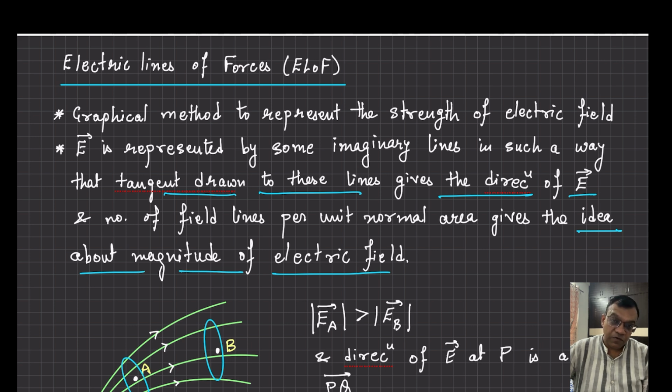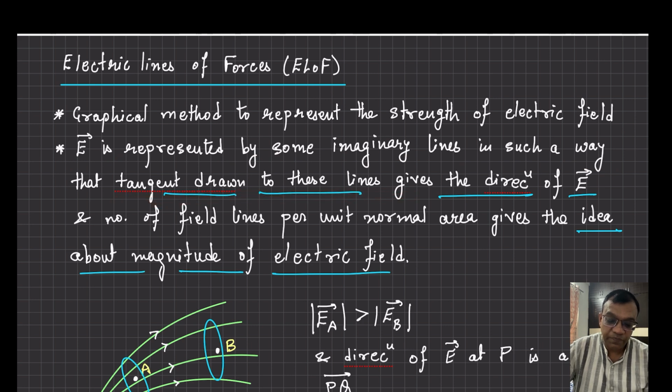And in an electric field region, we draw some lines. These lines are not actually there. They're imaginary lines, but we'll draw some lines to represent that this is the field here. These lines will tell us what is the magnitude and what can be the direction of the electric field there. So in formal language, electric field is represented by some imaginary lines in such a way that tangent drawn